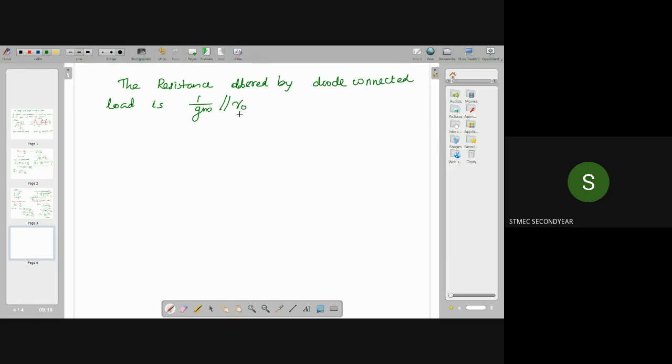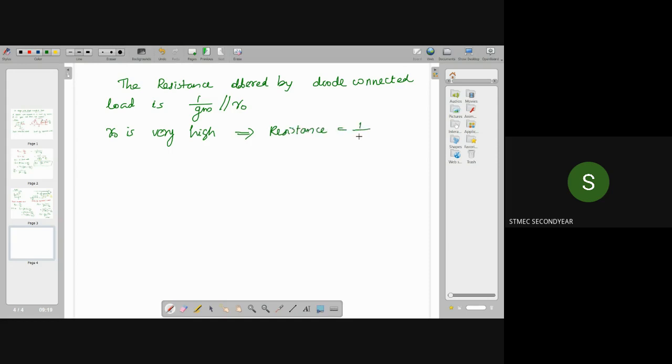Right? And one more thing, we can neglect this ro, since ro is very high, while taking the parallel combination of this thing, we can say this resistance will be equal to